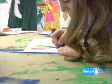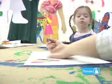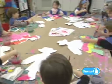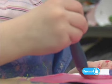You can learn how to paint and how to draw, how to hold the crayon or paintbrush. I make pink. How do you do that? With red and white. I think it's a great way for them to let out all their feelings and to